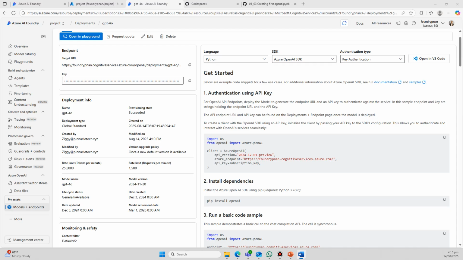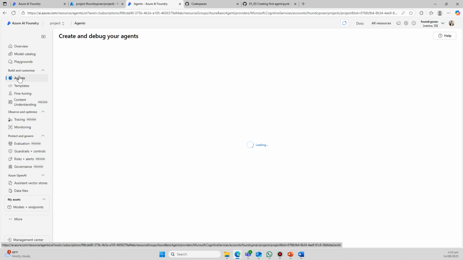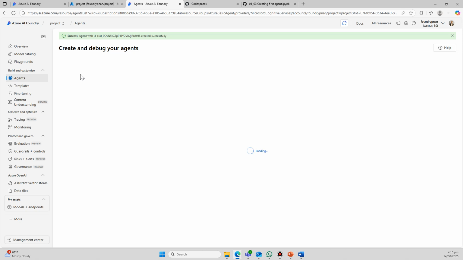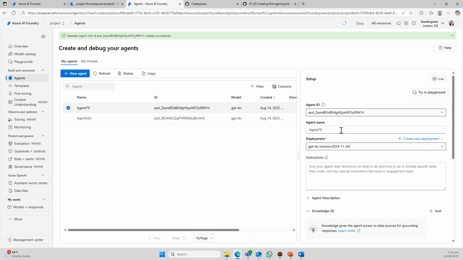So now that we have our environment set up, let's create our very first agent using the portal. So we head over to the website, ai.azure.com. We click on the agents page, and we simply click new agent. We assign it a name.